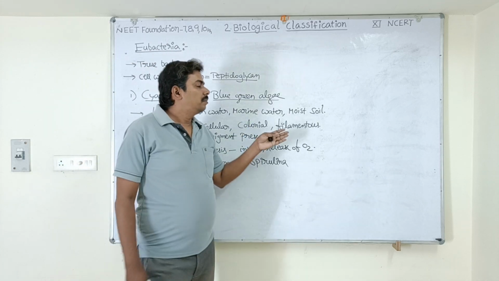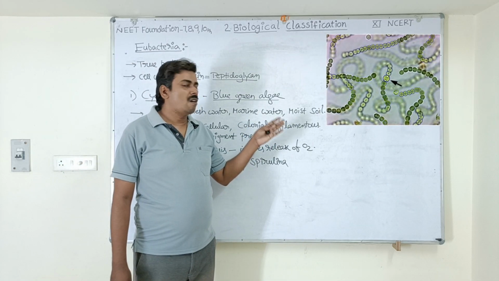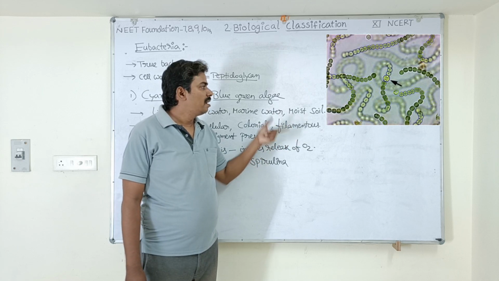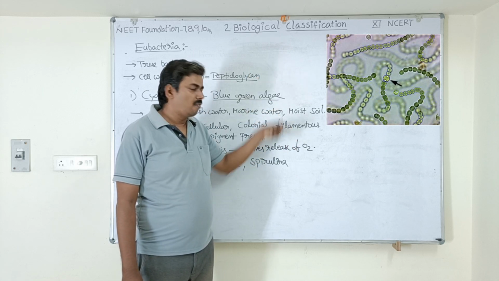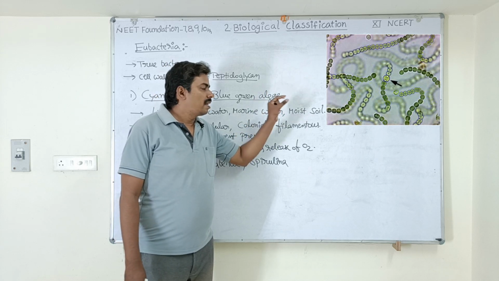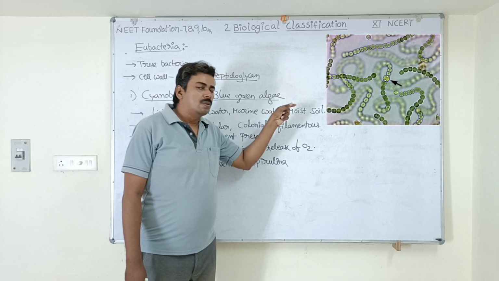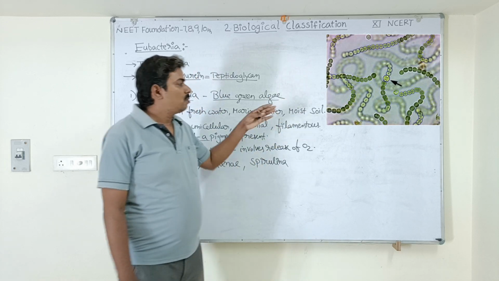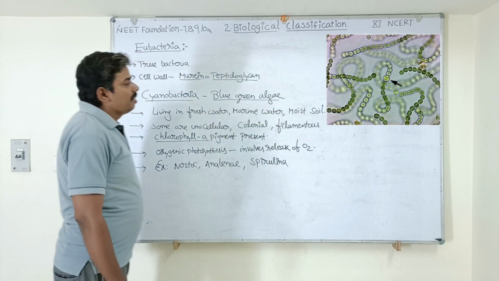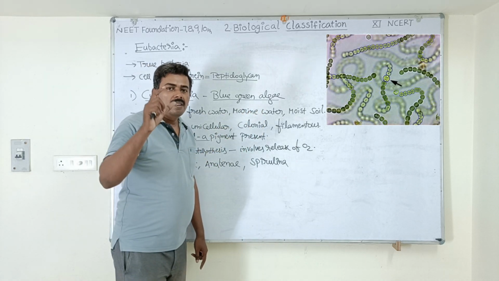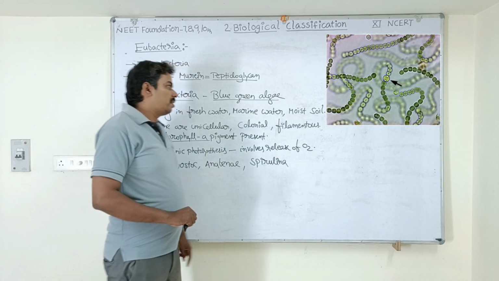So you can see the cyanobacteria Nostoc. This is the photograph of Nostoc cyanobacteria. Look here. It looks like a long filament made up of several single cells attached end to end to form a long chain-like structure. So this is what is called Nostoc. Here you can also see there is a specialized cell which is comparatively larger in size. Okay, I will tell about it.